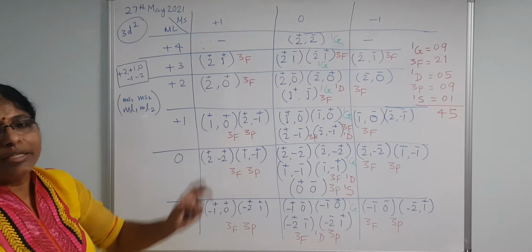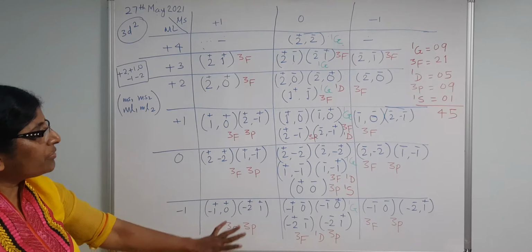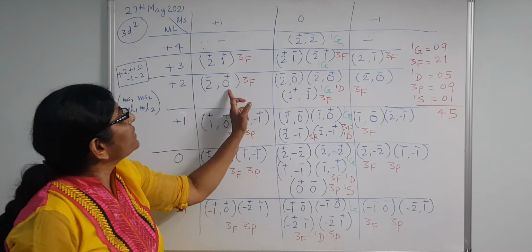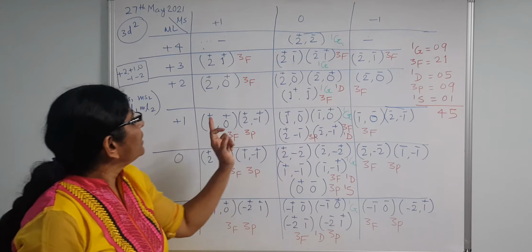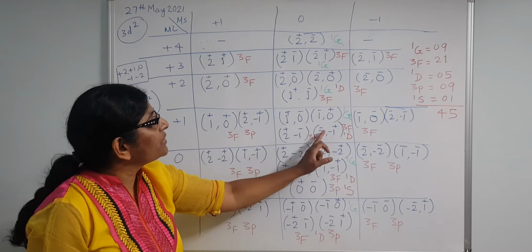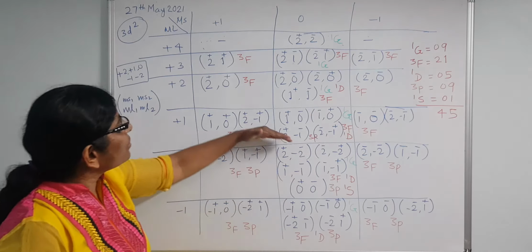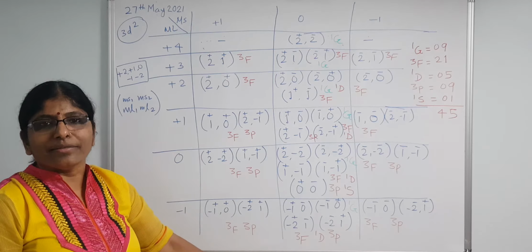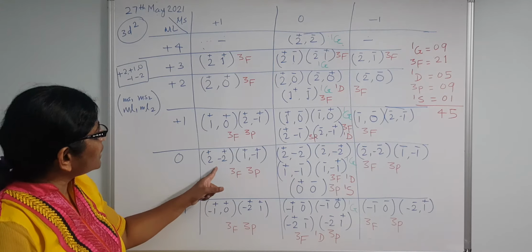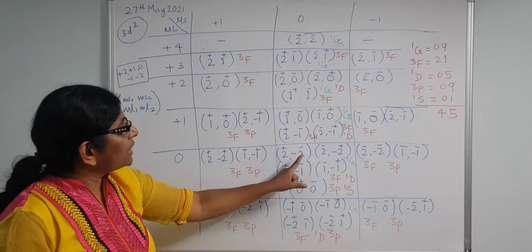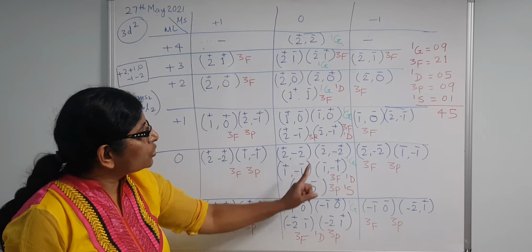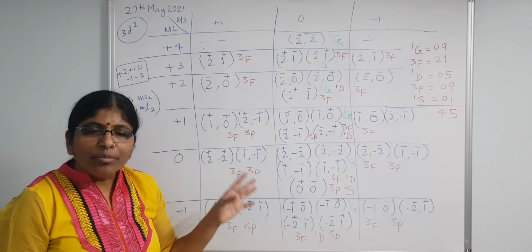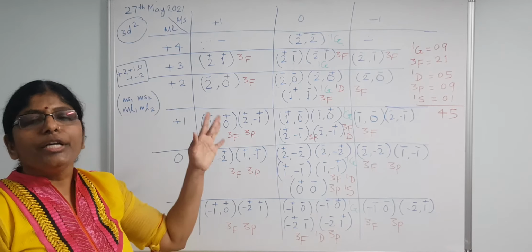So this way you have to complete the 45 microstates. Now how it will be 45, I'll tell you. 1, 2, 3, 4, 5, 6, 7, 8, 9, 10, 11, 12, 13, 14, 15, 16, 17, 18. So above 0, 18, below 0, 18. 18 plus 18, 36, right? And for 0, 37, 38, 39, 40, 1, 2, 3, 4, 5, 45. So this way you have to complete 45 combinations of 2 electrons in the nd2 configuration.